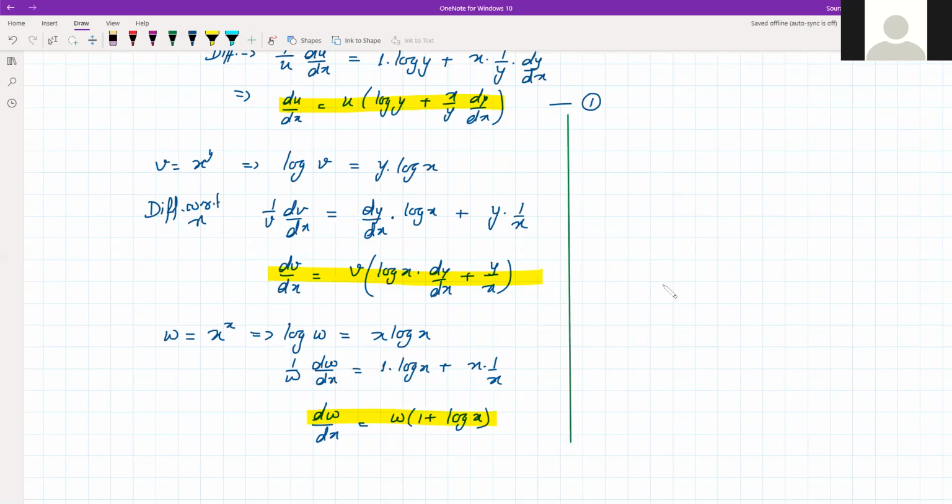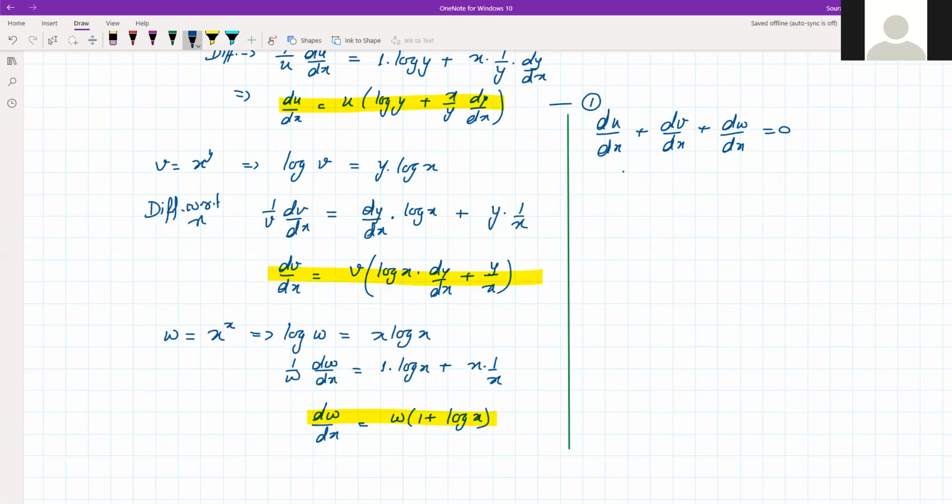On this side, right? So what do we have? First one, what do we know? That du by dx plus dv by dx plus dw by dx is equal to 0. Remember, we have to find dy by dx, and if you see these expressions for du by dx, dv by dx, and dw by dx, you will see that all of them have dy by dx, right? So now we just have to write it in this form. I mean, we have to do the substitution and equate that to 0.